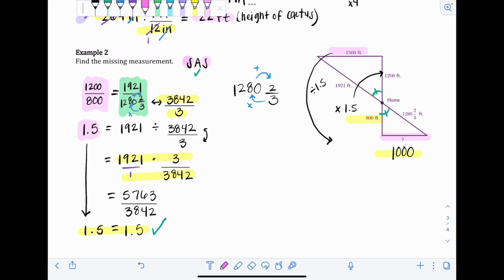That's our final answer. So even though we had ugly numbers the entire time, I guess our final answer was kind of pretty. So that's nice. Okay, so biggest thing, if you want to find missing measurements and you're not given that the triangles are similar, you just have to go out and prove it yourself, and then you can use those aspects of similar triangles, that their side lengths are proportional, to find missing